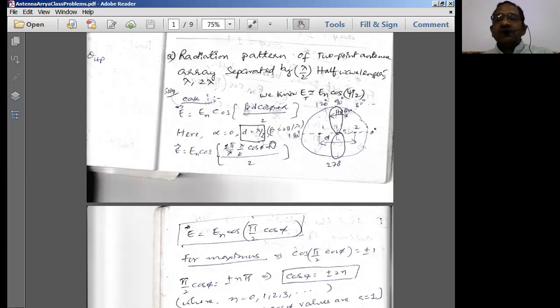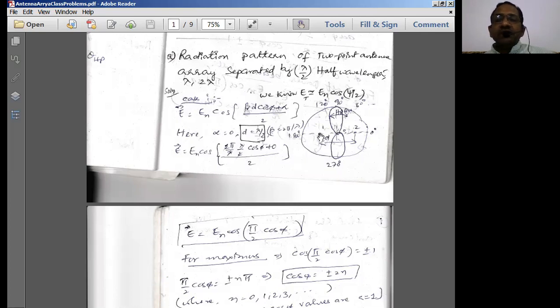What I mean is that it is the same procedure repeated continuously for all types of antennas. Therefore, the steps which we are going to follow are the steps to be followed for all types of antenna arrays. So please follow the steps systematically and come to the final conclusions of the radiation patterns. Here, simply draw the radiation pattern of the 2 point source antenna array separated by these three distances.